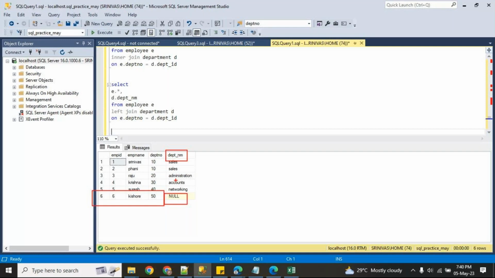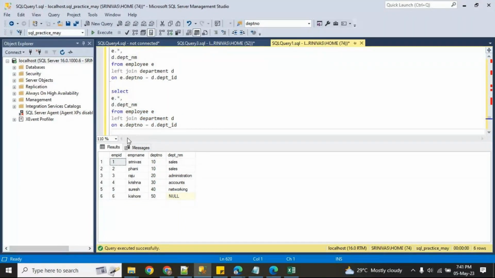So here simply what I am doing is, in the output I am receiving, I am writing a filter condition: department name is null. So I will get this output.